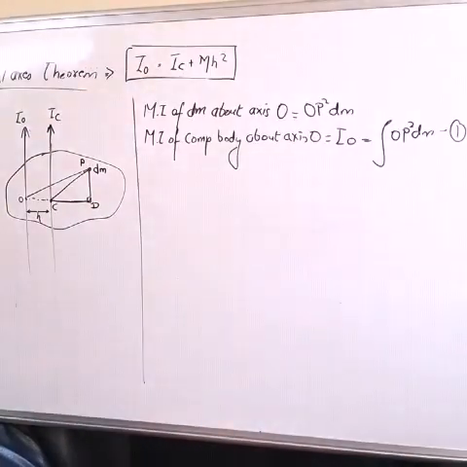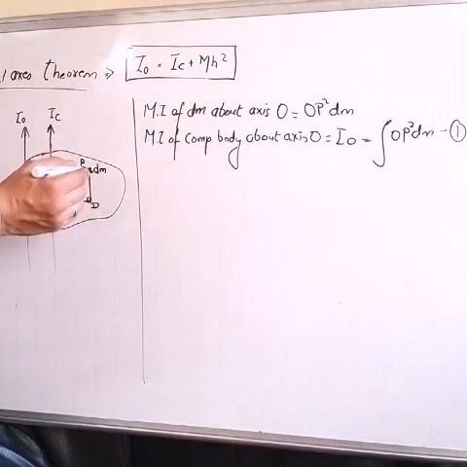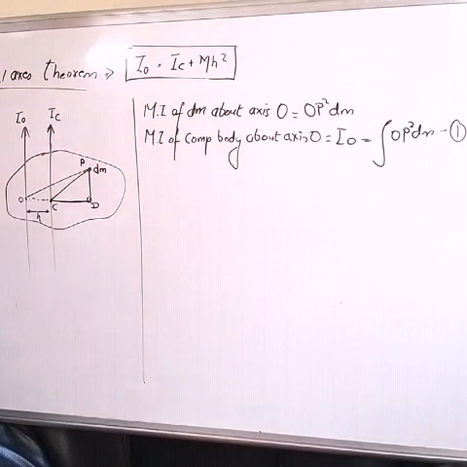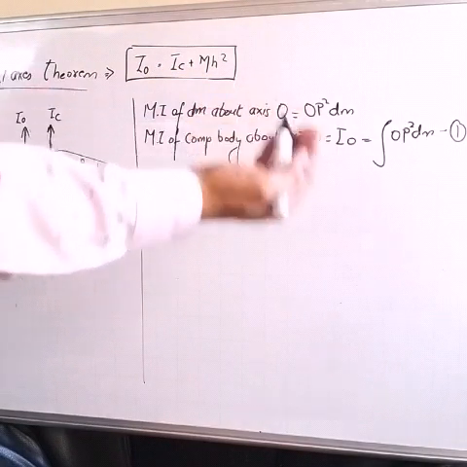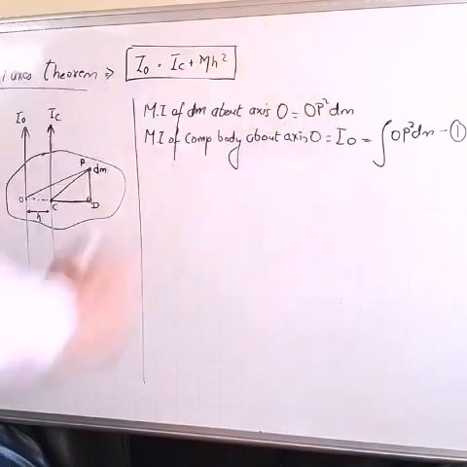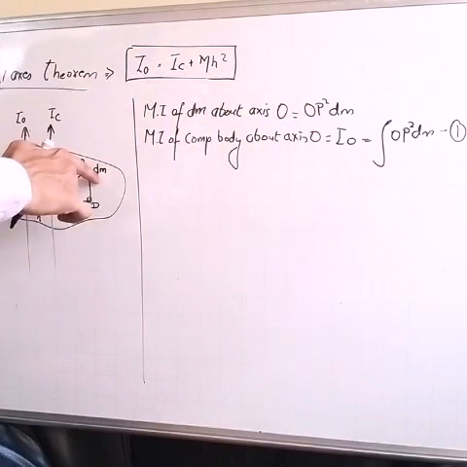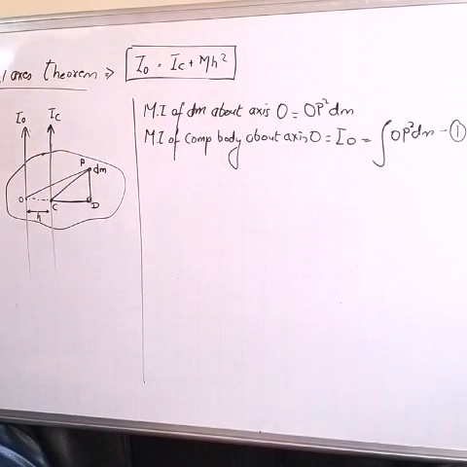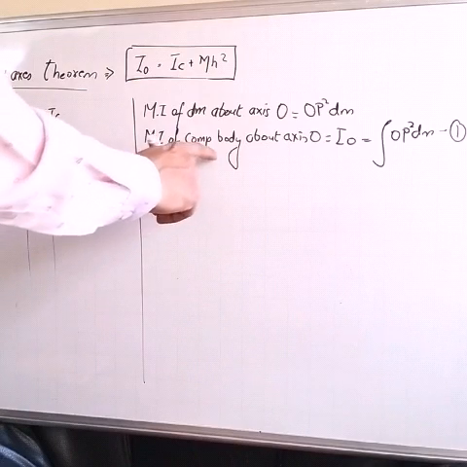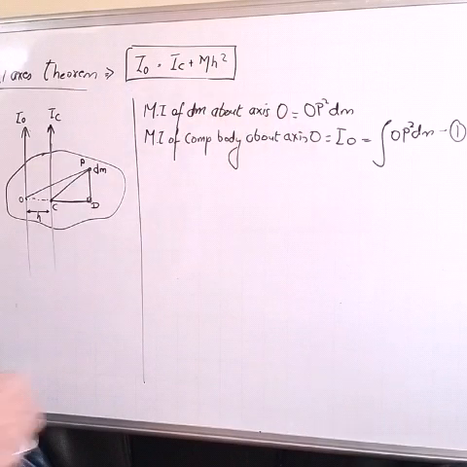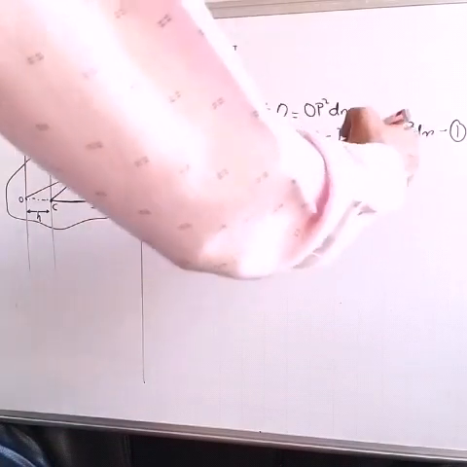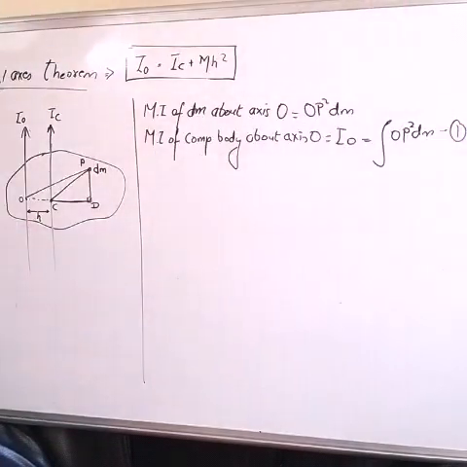Now I want to find the moment of inertia of this small element dm from the axis of rotation passing through point O. About this axis, IO, I want to find the moment of inertia of mass dm. By using the formula for moment of inertia, I'll write OP square dm. Is it right? OP square dm will give you the moment of inertia of the small element dm about the axis passing through O. Now if I want to find the moment of inertia of the complete body about the axis passing through O, I'll write IO equal to integration of OP square dm, right?